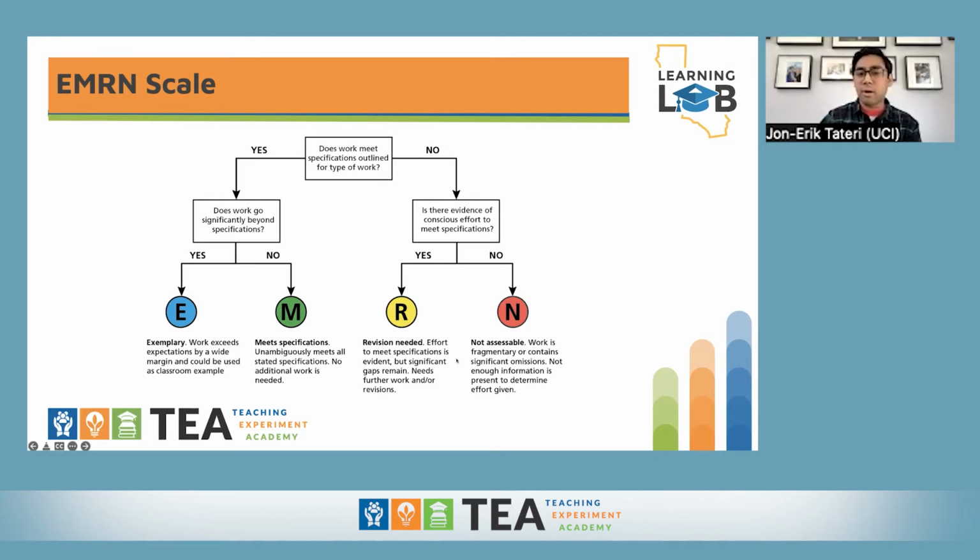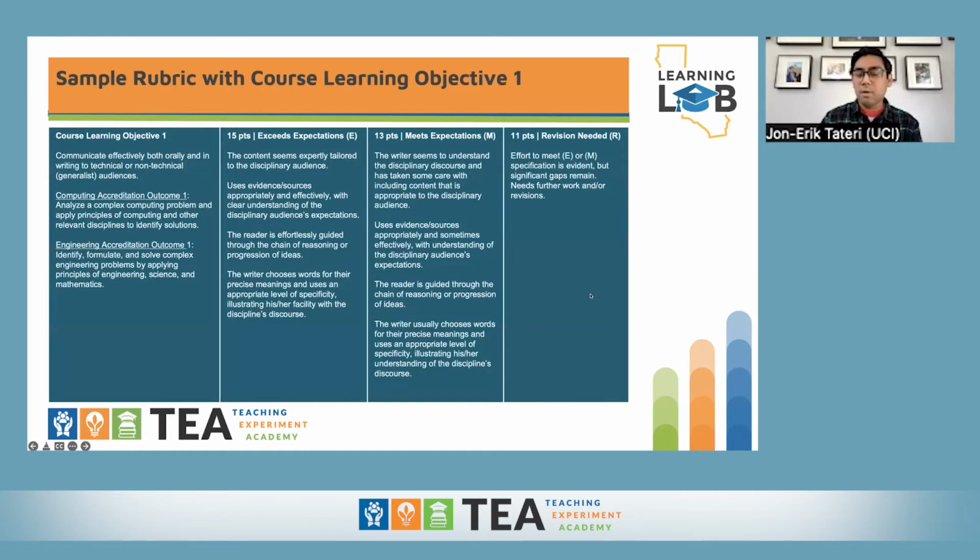By incorporating the EMRN scale that I just mentioned, I wanted to give a sample of one of the rubrics that I use for the major assignments in my course. For example, we have to balance course learning objectives specifically for Engineering 190W, but also incorporate ABET objectives as well. You can see here, the first objective is for our particular course, and these two outcomes are